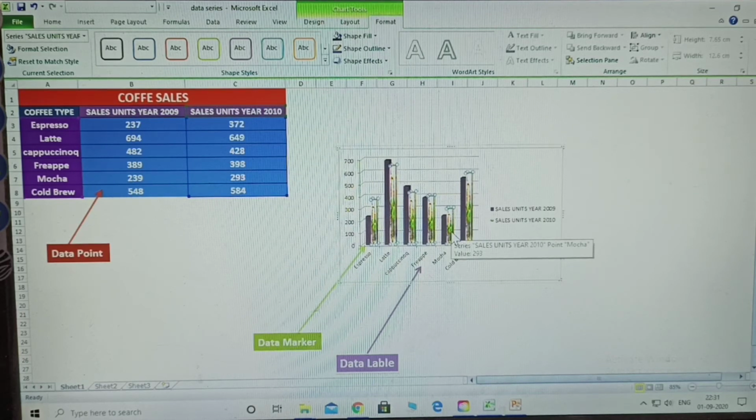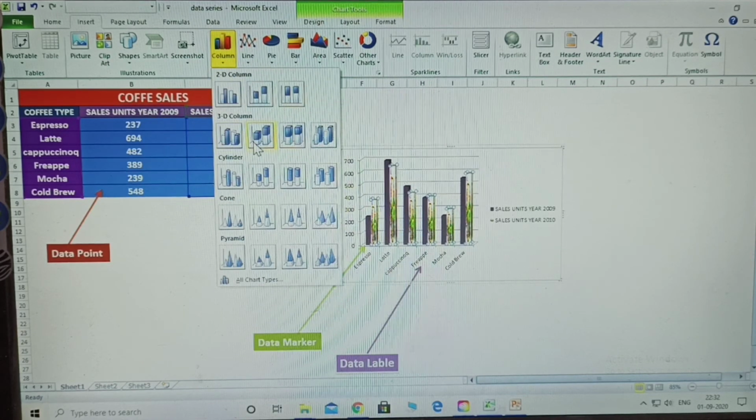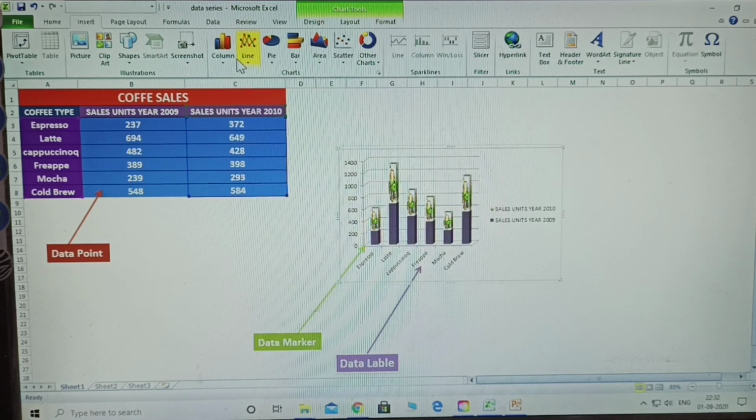First you create the chart. Before that, you select the data. After that, click the Insert menu, click Chart, then Columns, and select the 3D columns. Always check the 3D columns. Different 3D columns can also be selected.